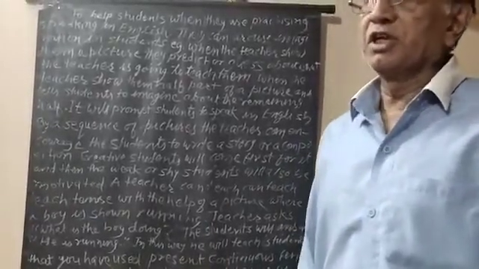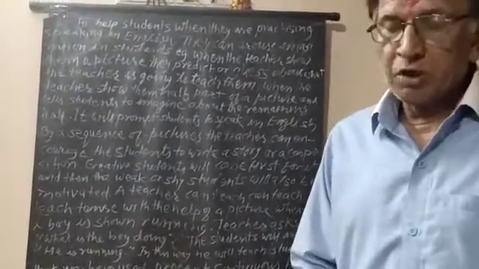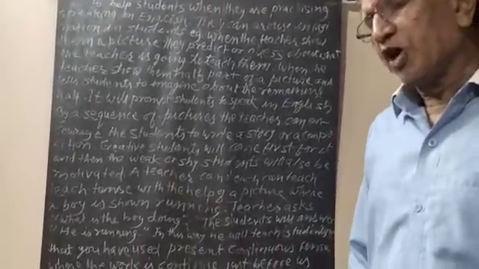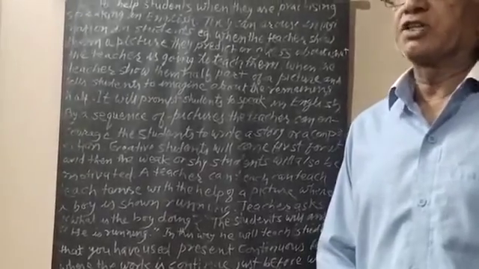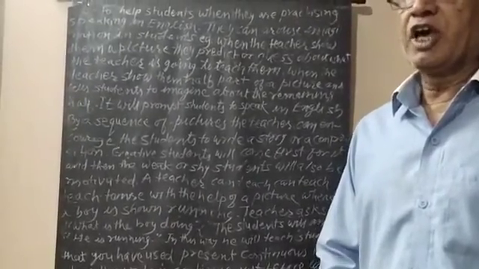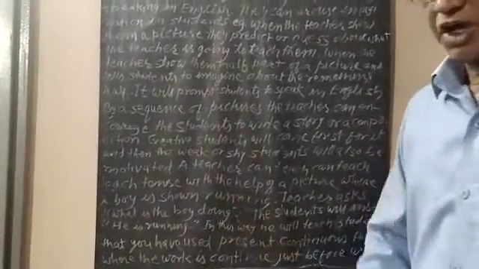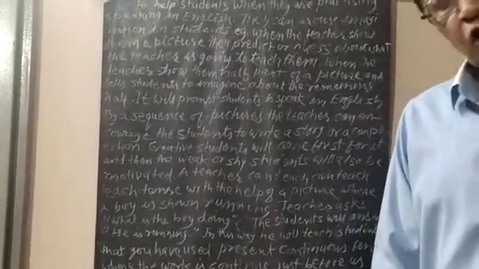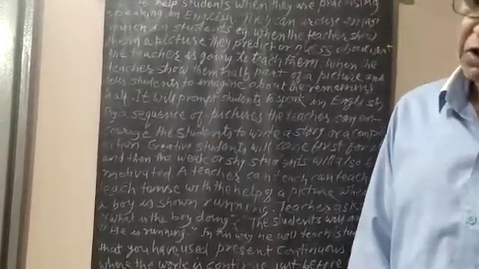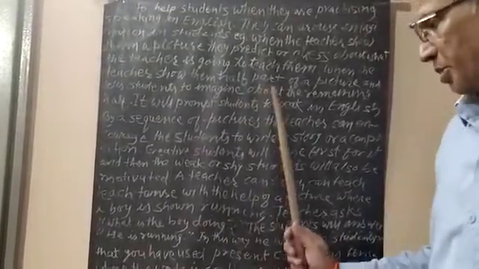Then the teacher will explain that you have spoken the sentence in present continuous because the action is going on. In that situation, we use present continuous tense; the structure is subject plus is/am/are plus verb plus ing. They are playing, he is running, she is weeping, I am writing. These will be present continuous. In this way we can teach structure, composition, and vocabulary. Many things can be taught with the help of these pictures.